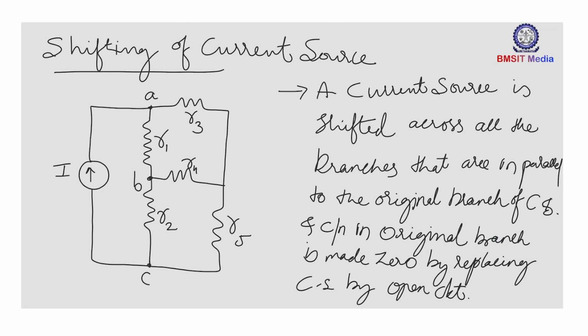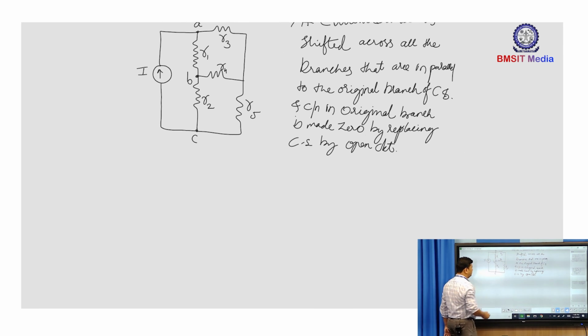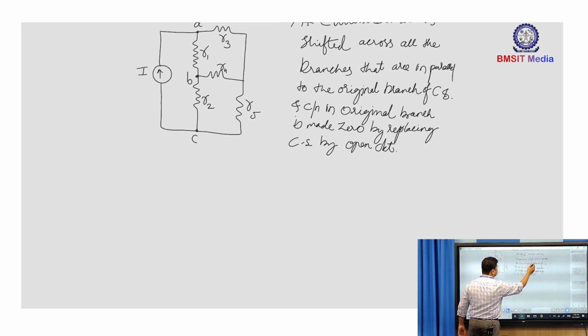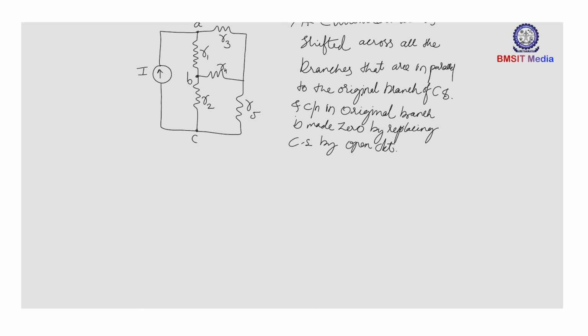Now follow the steps here. This is my original circuit. Now I would like to shift this current source I across A and B, or across R1 and R2. I will be following this: a current source is shifted across all the branches that are in parallel to the original branch of the current source. So this is the original branch of the current source. The branch AC is the original branch of the current source. It has to be shifted across all the branches that are in parallel across the current source. So branch AB is in parallel, branch BC is in parallel directly. So therefore now I will shift this current source across R1 and R2 in such a way